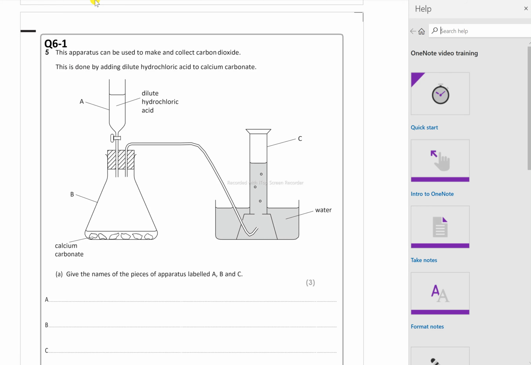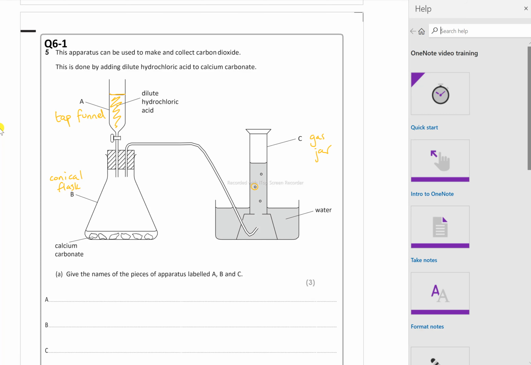This here is a tap funnel. I know it as a tap funnel. You just need to put some in. You don't need to measure it precisely. Right, so that is a conical flask, I know. Conical flask. This is a gas jet,